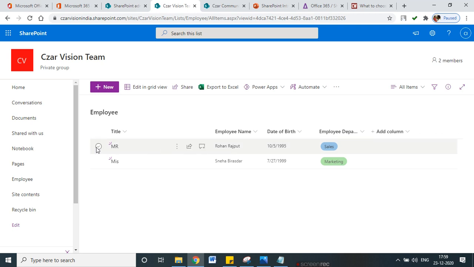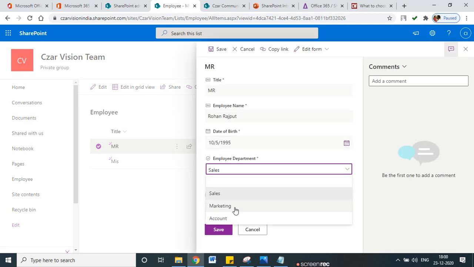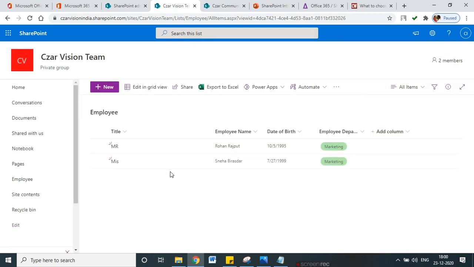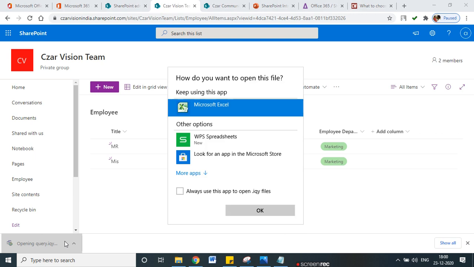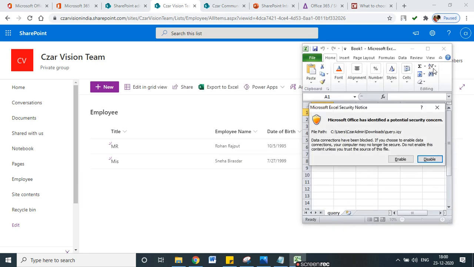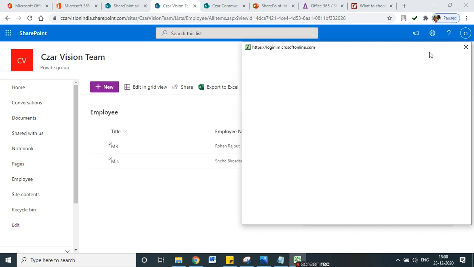If you want to edit this person's information, you can say edit here. If you want to change his department to marketing, you can save marketing. So this is the way we store the information in a list. If you want it in Excel, you can export it into Excel. My list information will be extracted into Excel. See how smart and how fast a way I have to capture the information, I have stored it, created the repository